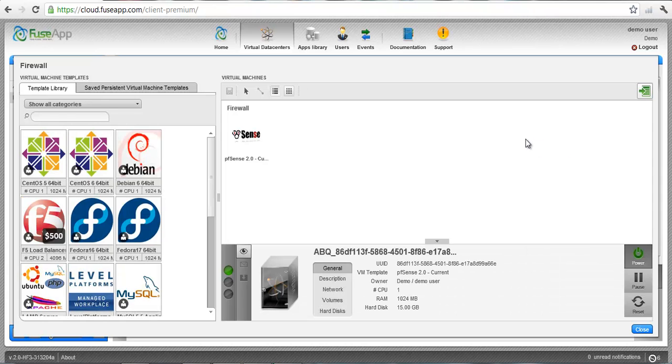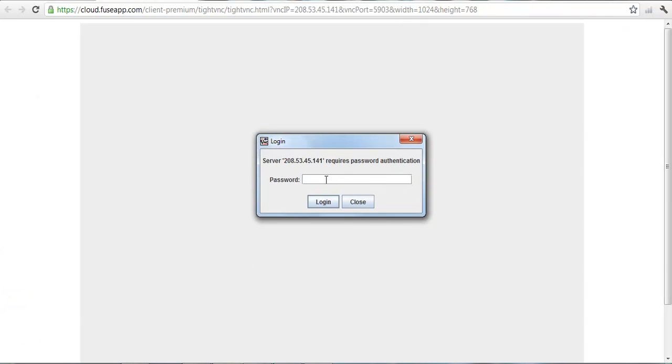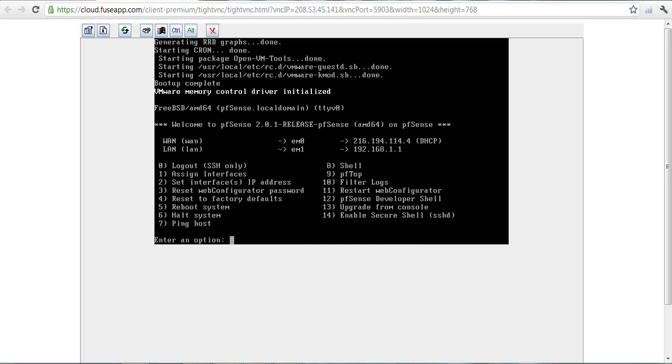And now, once your firewall is deployed, you can click on the firewall and click on the eyeball here, which will initiate remote access. Now, if you want to open this up in a new window, just hold down the Shift key and click the eyeball. Now, we didn't put a password for this, so go ahead and click Login. Double check to see that your WAN is your public IP address and that your LAN is set to the